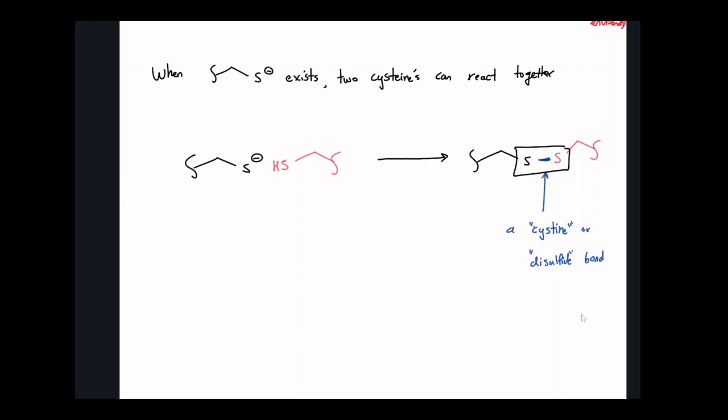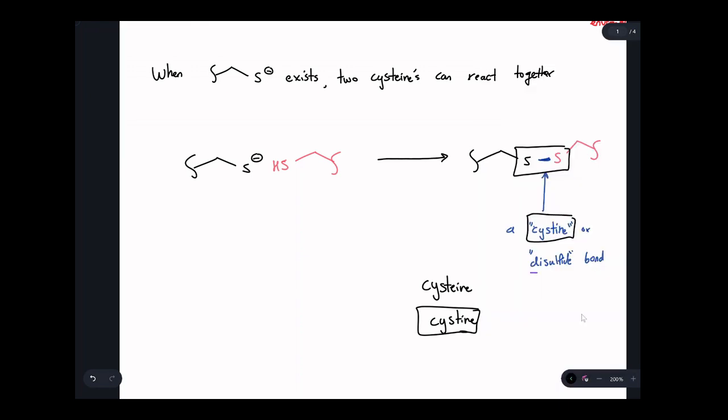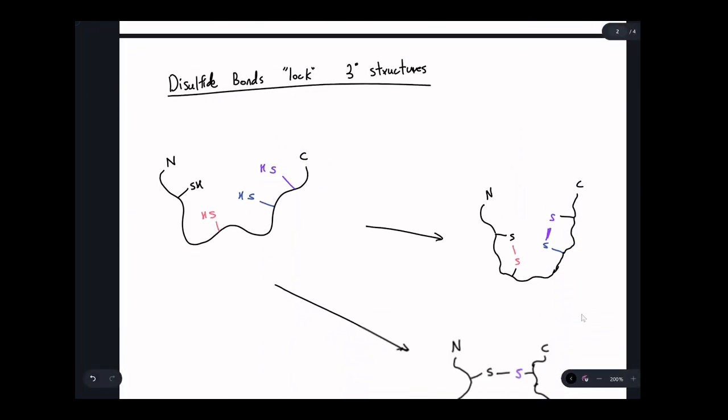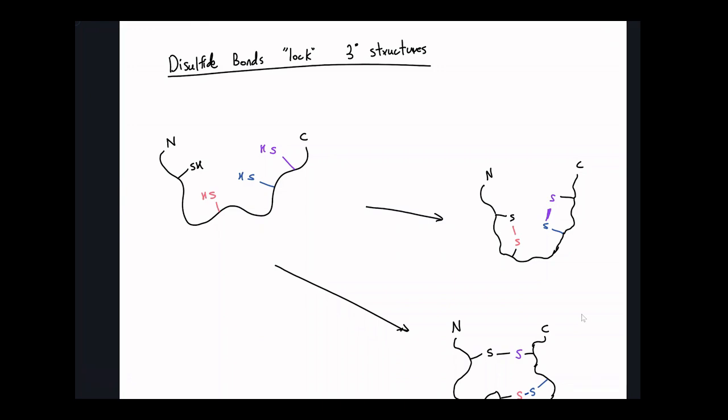Sometimes we call this a cysteine linkage, so be careful, it's not cysteine with an E, it's cystine, just with the I. That's the name of this linkage. To avoid that confusion, I just like to call them disulfide bonds. Two sulfurs reacting together. This is a very strong linkage, and it's covalent, so it's unlike a hydrogen bond, it's actually a real bond between these two atoms. So why does this matter for the three-dimensional shape of a protein and tertiary structure? We can view disulfide bonds as locking